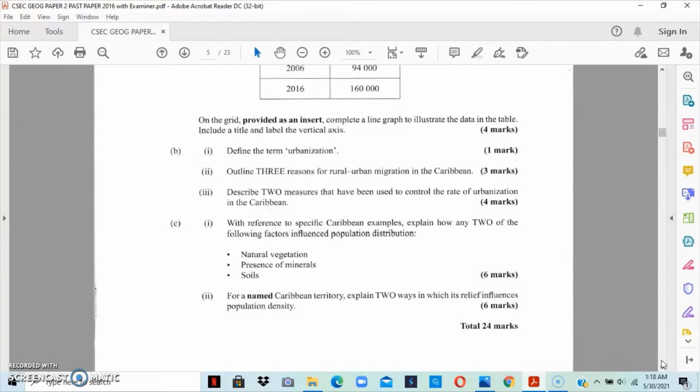As it relates to the presence of minerals, areas that are usually rich in minerals often encourage the development of settlements. So for example, Mandeville, Jamaica, right? Mandeville, St. Elizabeth, it has bauxite. Now, when Alpart Mining Company developed, it aided with the settlement of individuals in that area, because the persons who worked at Alpart at the time, nobody wants to